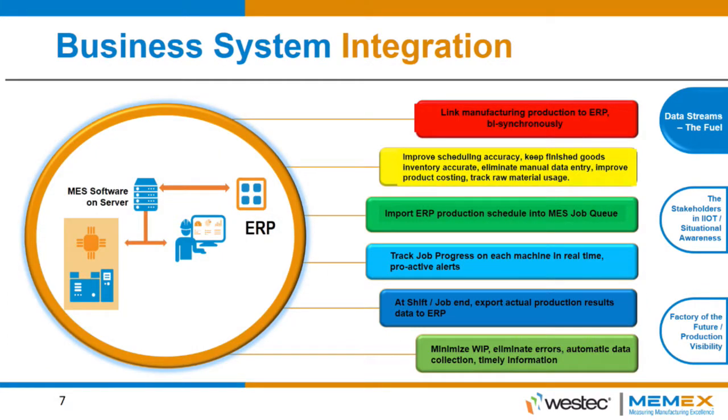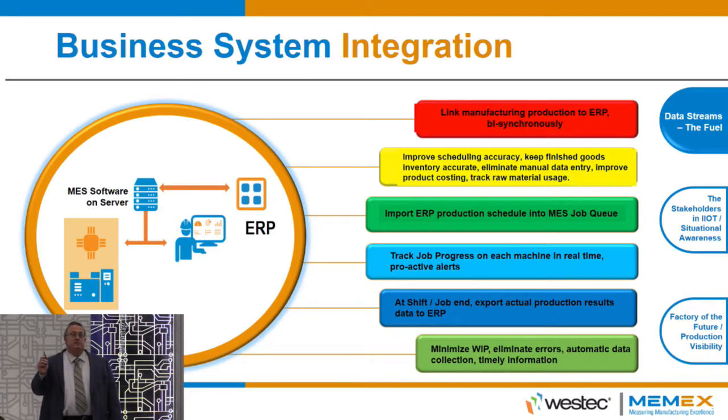So another data stream that we need is we need to integrate our business systems, our ERP systems, with what's going on the shop floor. That's important because we can do things like drive inventory and procurement directly from ERP right down the shop floor, and we can take that data back, and everybody in the organization has the visibility now of where the work order is, as an example, throughout the factory floor. We get the schedule, we can track job progress, and we minimize work in progress.